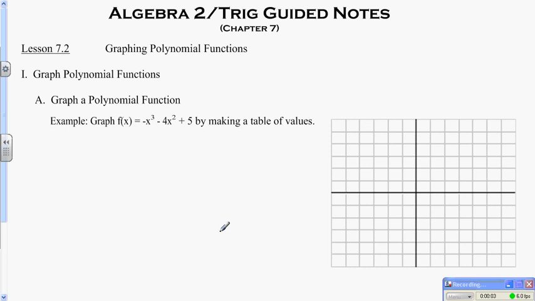Lesson 7.2, Graphing Polynomial Functions. Now it says here that we are to graph this function making a table of values. But before we do so, let's consider what we already know. We know that we have the y-intercept of 5,